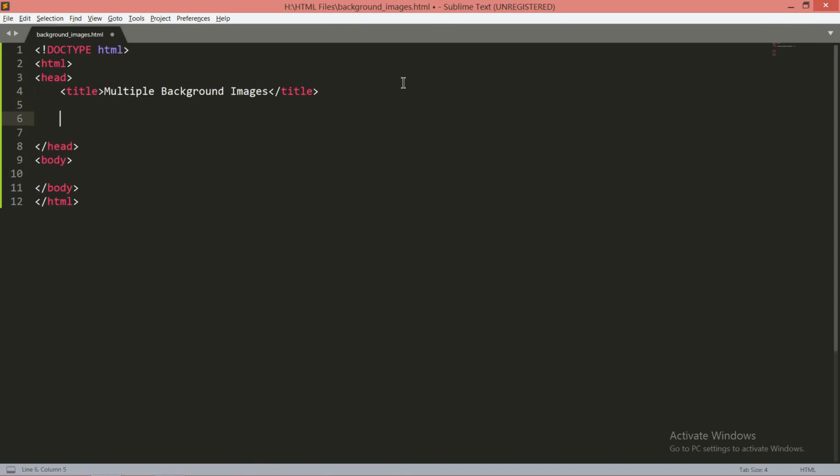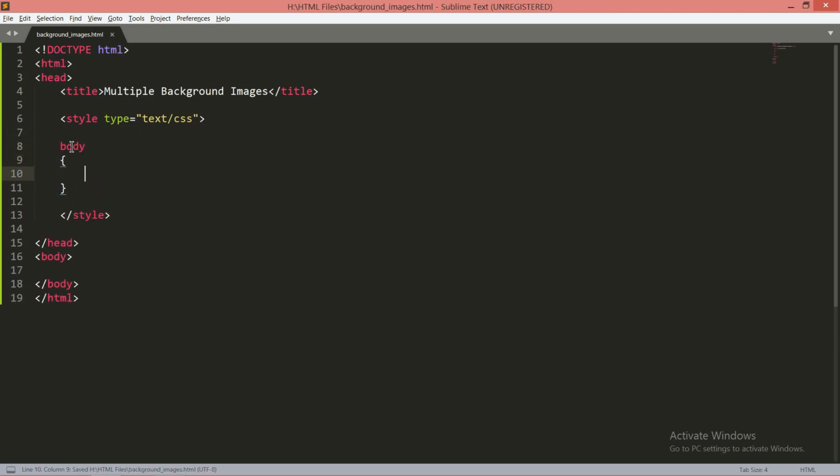You know this is the default structure of your HTML. Before closing the head tag, I would like to include the style tag, and whatever you write over here will be your CSS properties. Now what I want is to set the properties of the body tag. Just give the reference of that particular body tag, and within the curly braces define the properties I want to set. Within the body I want to set multiple backgrounds.